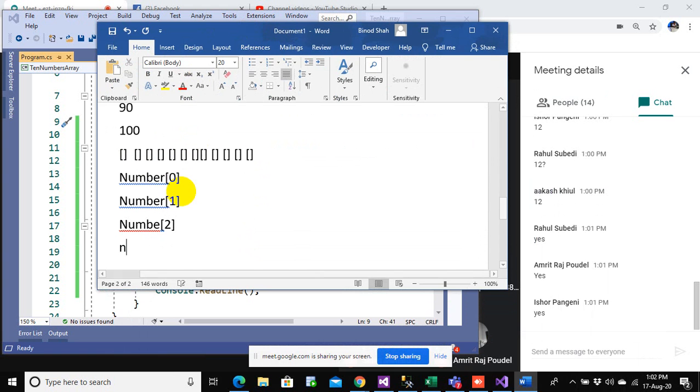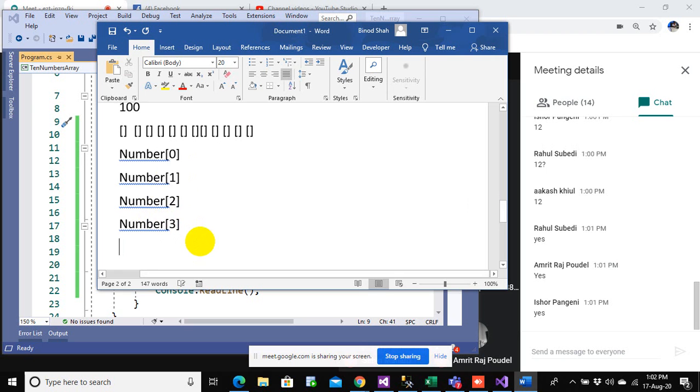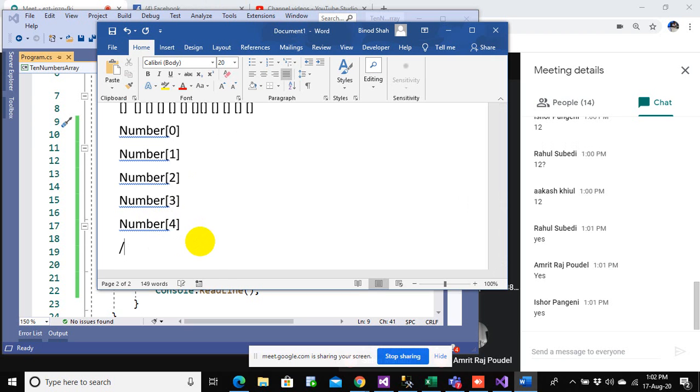Fourth one is numbers[3]. Number 4. And as it is, this will keep going up to number 12, isn't it?